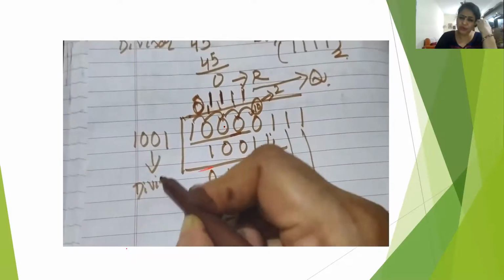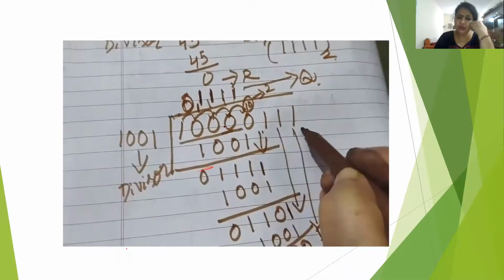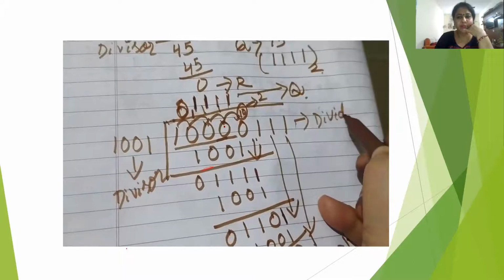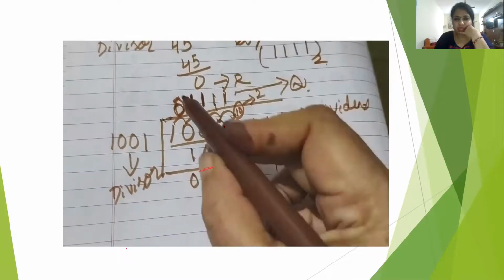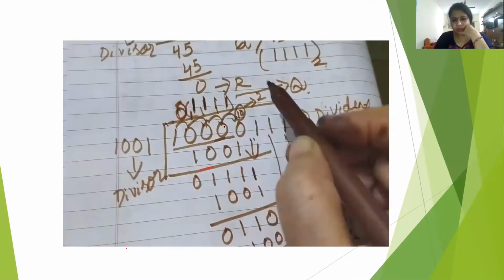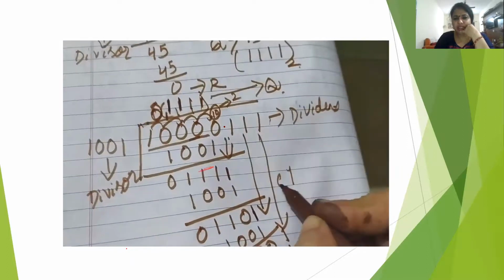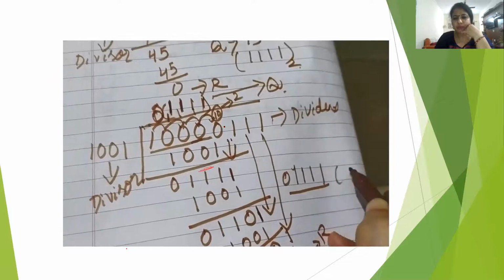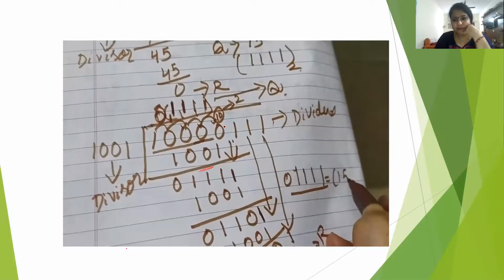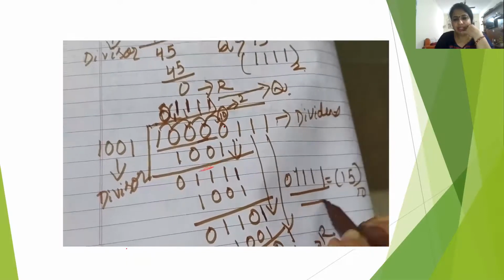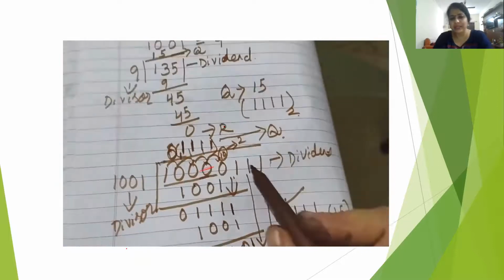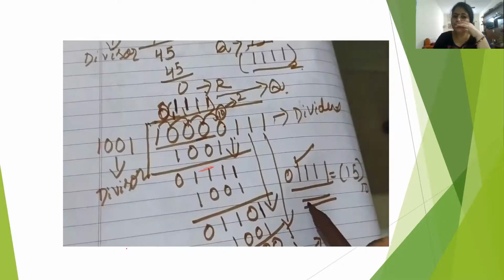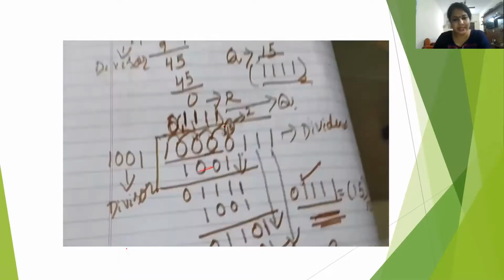All of you knew, but still I am writing it so you can remember and not forget which one is the dividend, which one the divisor, which one the quotient. Now just look at the quotient or result, that will be 0 1 1 1. The 0 on the left hand side has no value, so 1 1 1 1, that is nothing but 15. If you tally the result, you get the same result, 15. So the result is correct.